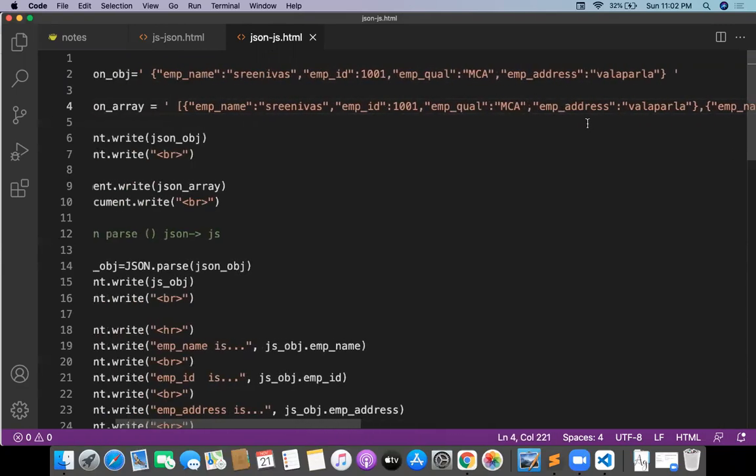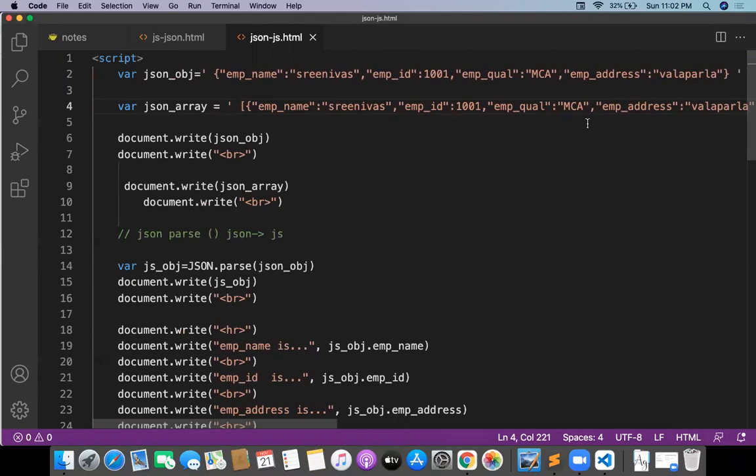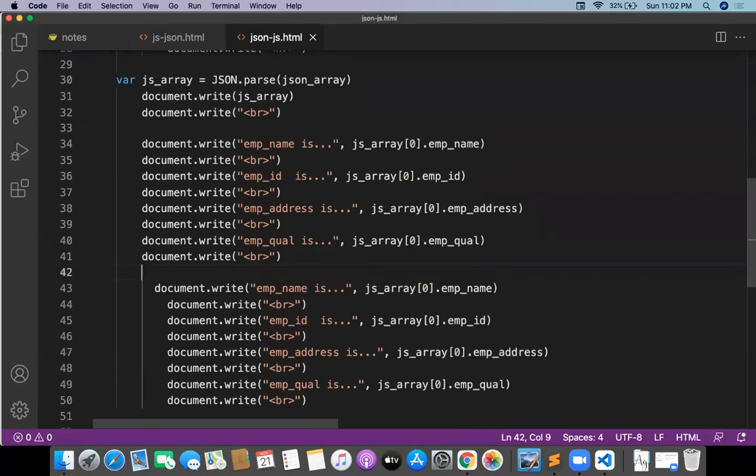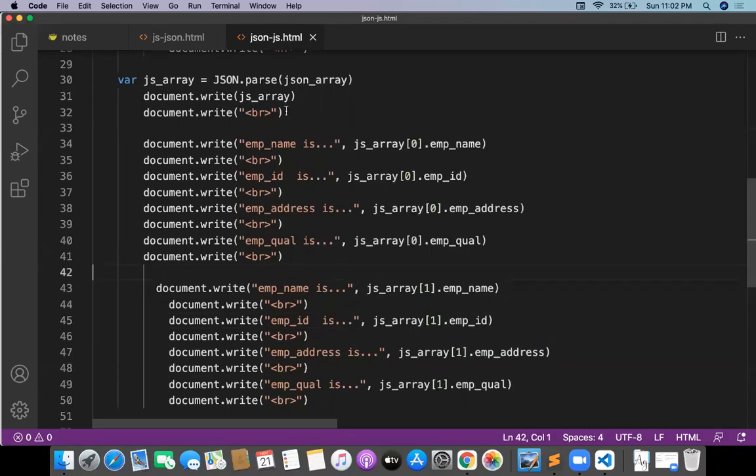Okay, let me make it. Now finally after 0, I need to go for the 1. And 1. Each and every time I need to write the syntax.